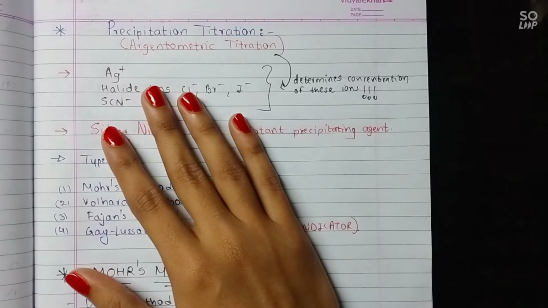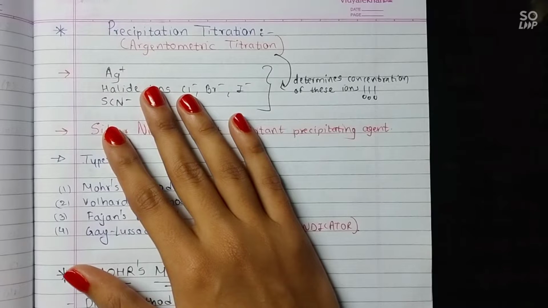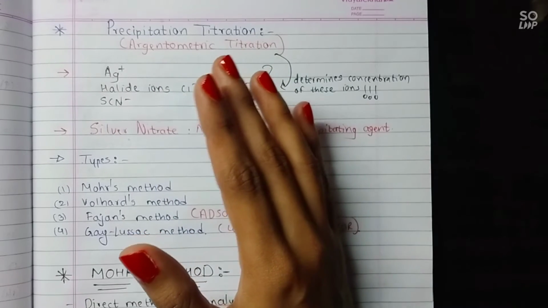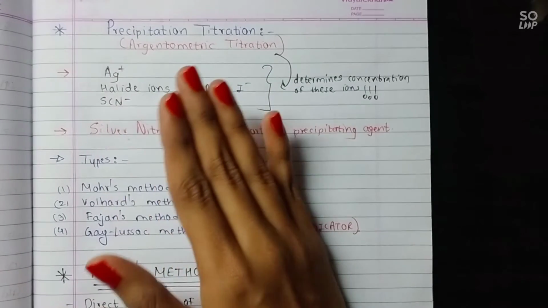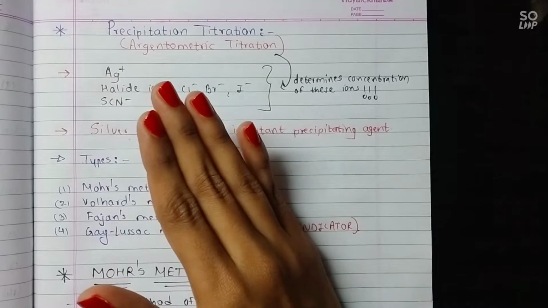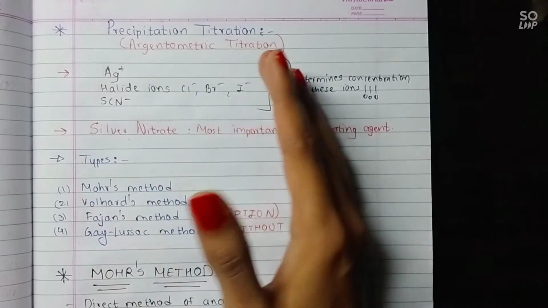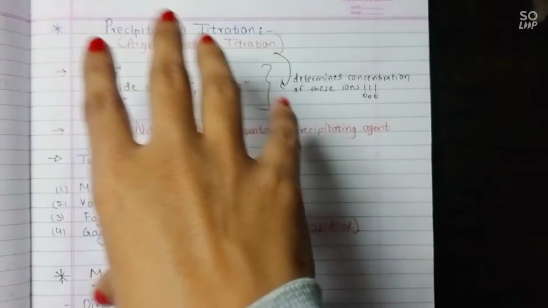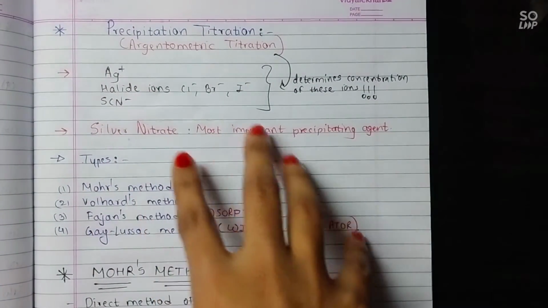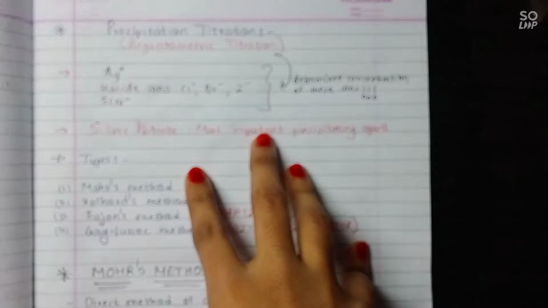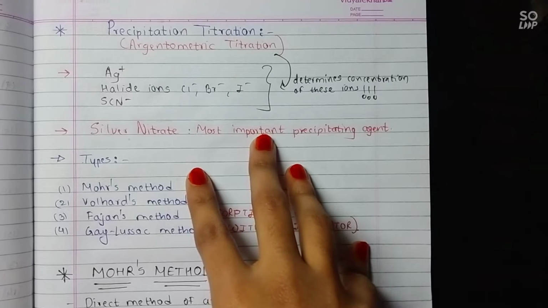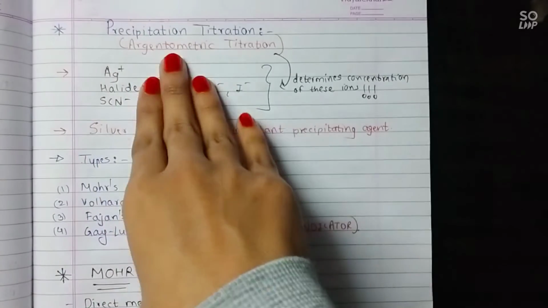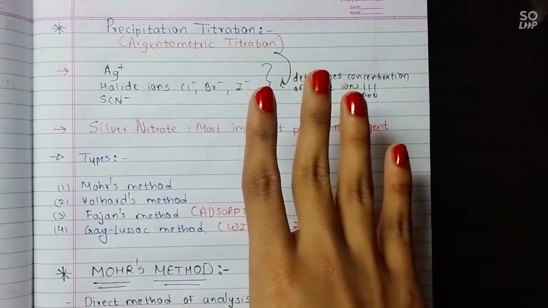From one of our subscribers' request, I have come up with an important topic, which is titration. Titration is very important for JPAT and NIPER, and I want you to have its concepts very clear. Today we will be discussing precipitation titration, especially Mohr's method. Titration is a very huge topic, and I will be preparing separate videos for the same, so stay tuned. Today, we are focusing on precipitation titration. So, now let us begin.